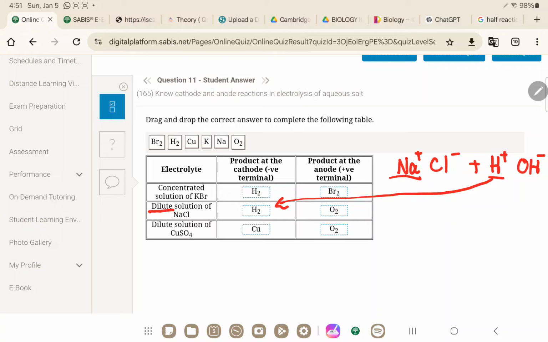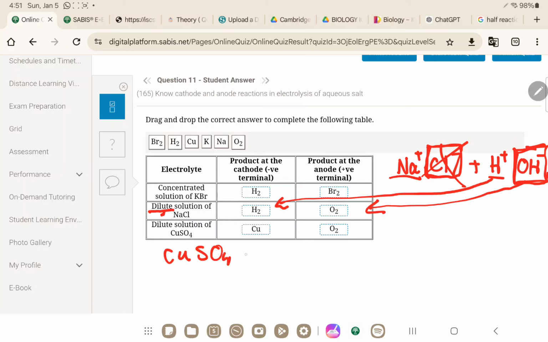These are all, by the way, things you can find in the arrows I gave you. And now between Cl minus and OH minus, if it is a dilute solution, it doesn't matter what this ion is, you cancel it and OH is always going to win and go on to form oxygen gas. So again, here,